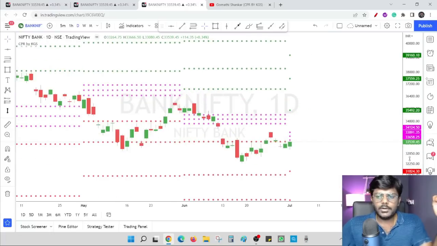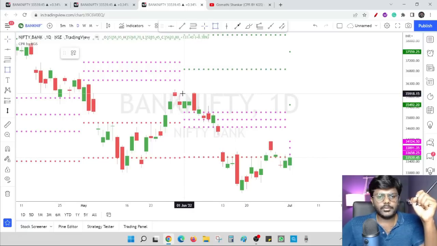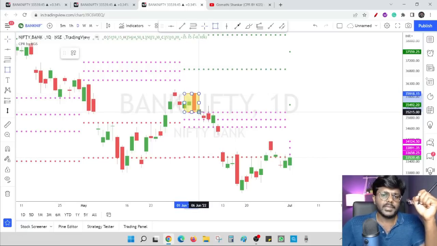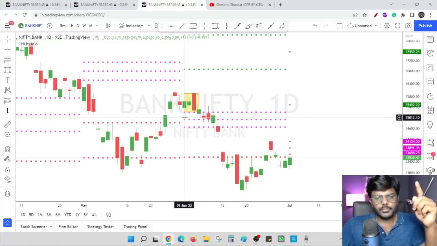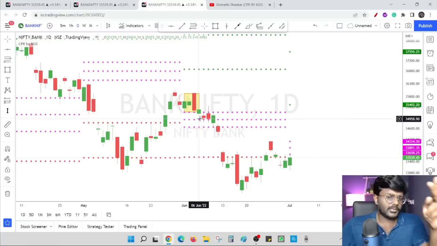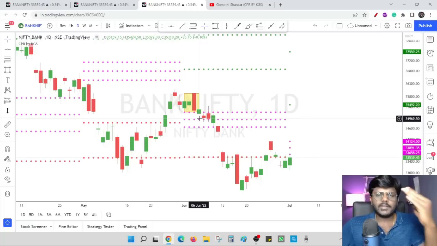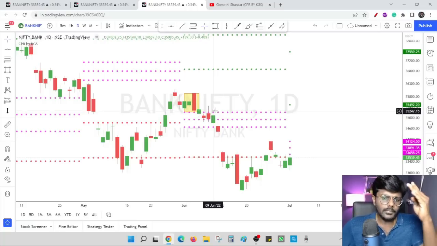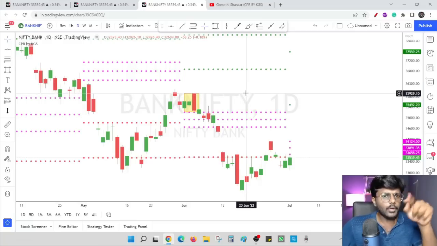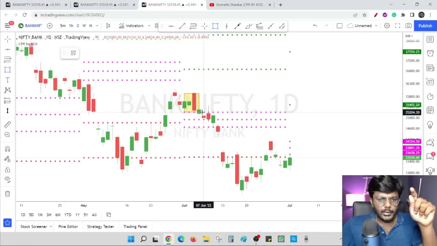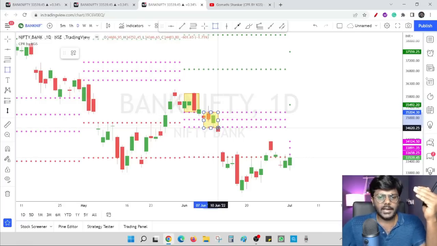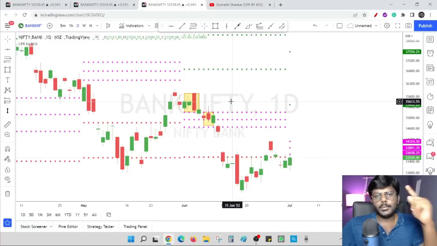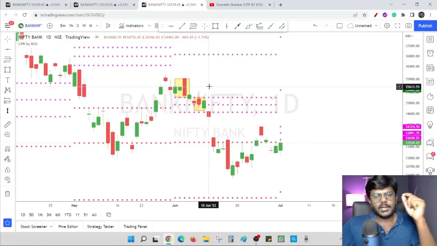Now in the month of June, initially for 3 days, the prices were sustaining above monthly CPR. We can clearly see that on 1st June, 2nd, 3rd and 6th June, only these 4 days the prices were trading above monthly CPR. I will look for long opportunities only on those 4 days, and on days 7, 8, 9 I will not take any position because the prices are inside monthly CPR. And from 10th of June I will be looking only for short opportunities.